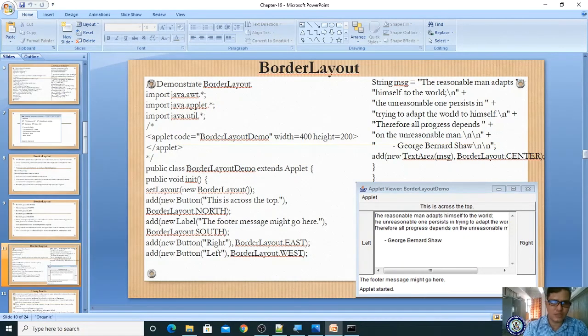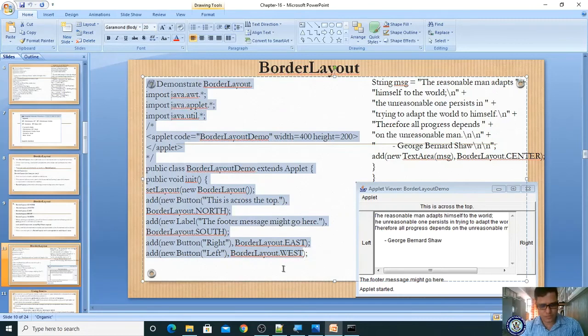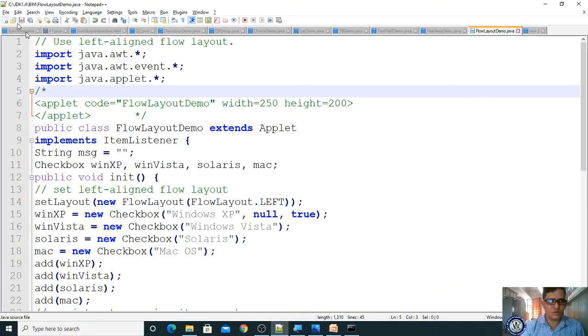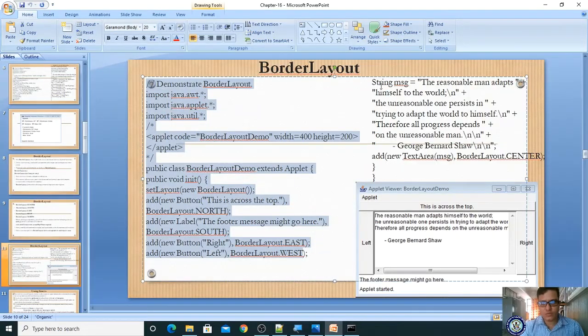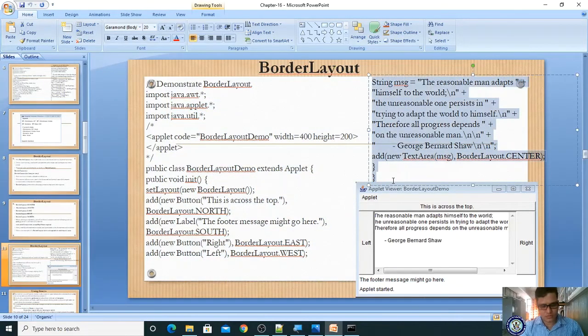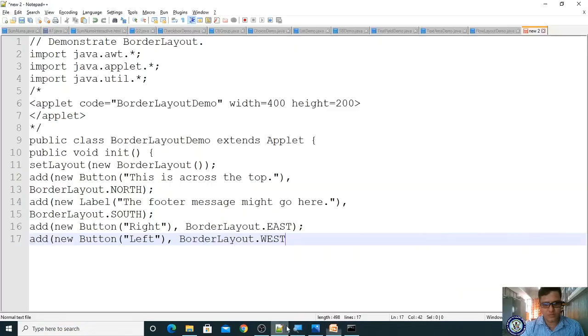Let us see. Copying, taking a new file, pasting.